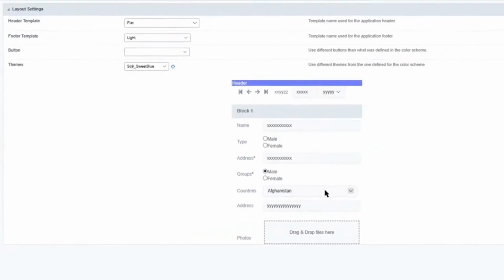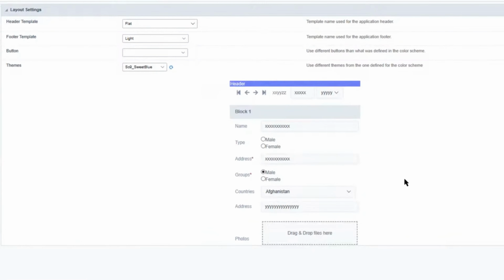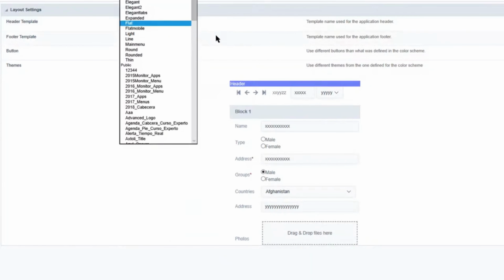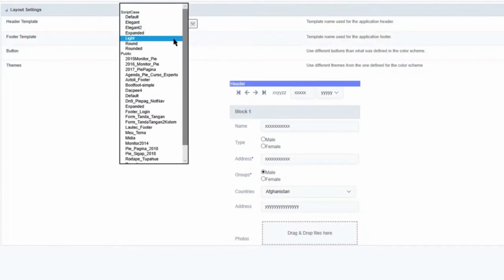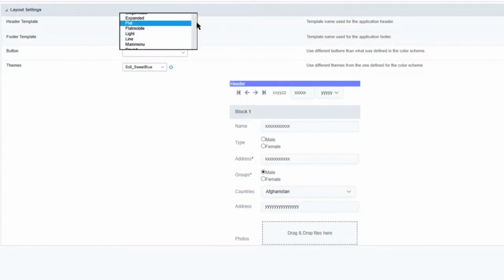There you can define the template that you want to use for the form header and also for the footer. So there are quite a few available which you can select from, each one quite different from the other. Each of which includes standard HTML code and can also include various variables. I will select the default here for both the header and the footer. Scriptcase includes plenty of HTML templates, so there are quite a few available which you can select.